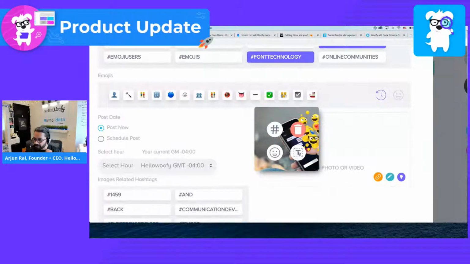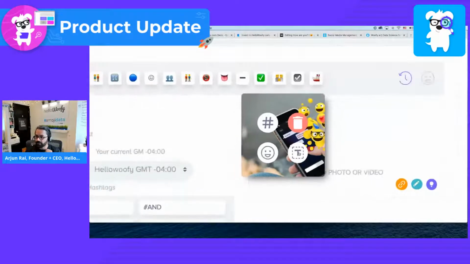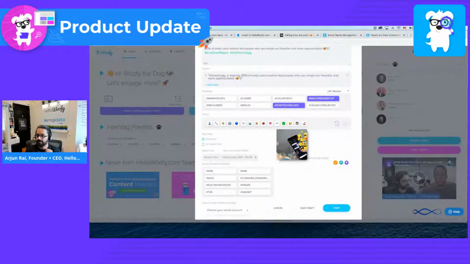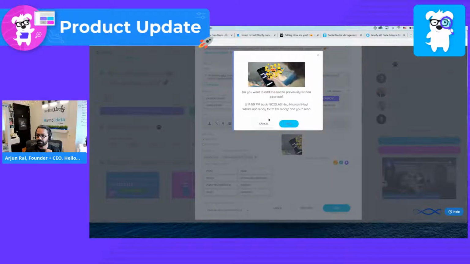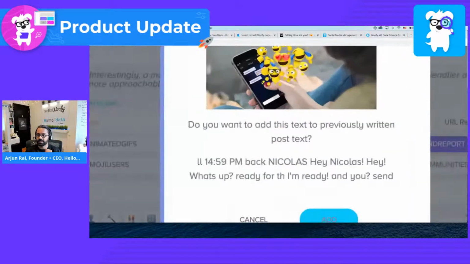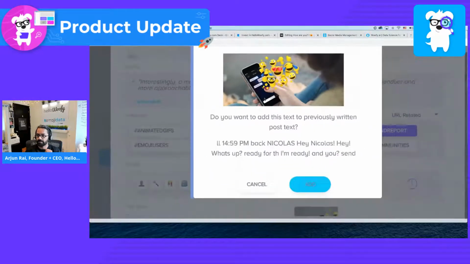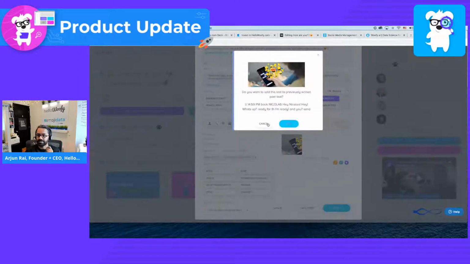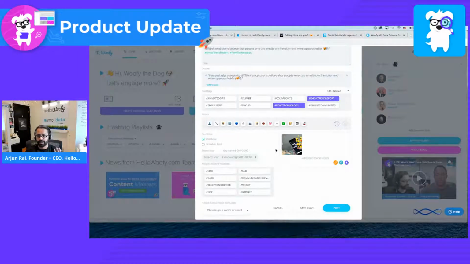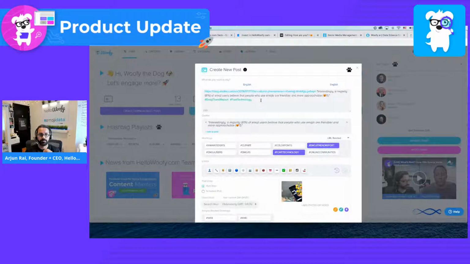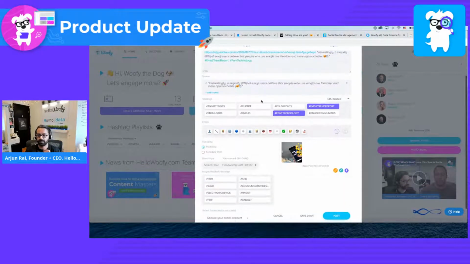Now, there is a little bit of text in here, but none of it is really meaningful, but we can go ahead and click on the T, and you can see it's starting to read it, and it's transcribing the image, the messages. As you can see here, there are a couple of messages in the image itself. If you add it, it'll get added to the post right here for you. You don't have to read the image and type it out, it'll do it for you.